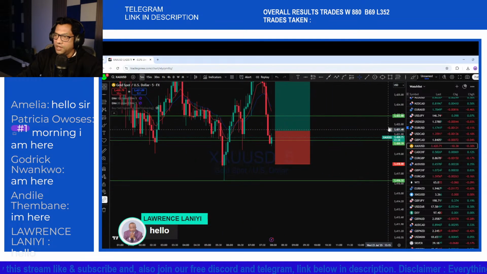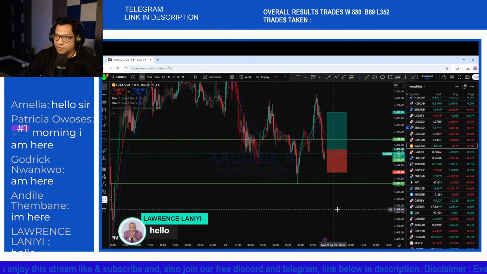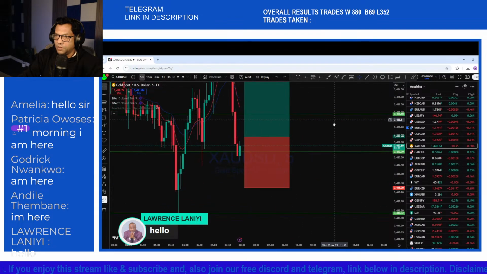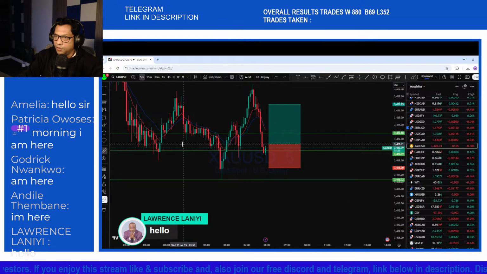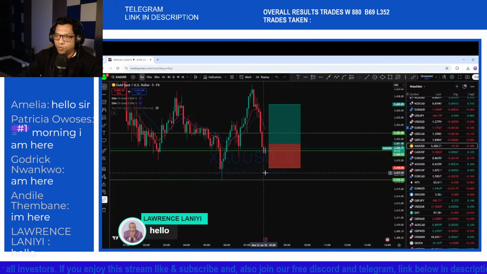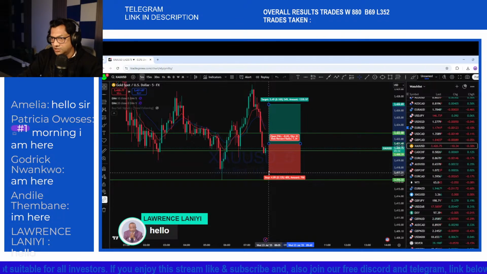Okay, so we may see this market, as you can see, a complete break of this support level, and if you look at how many pips of stop loss we placed here, it is 34 pips. If we try to extend this trade and the market drops after the 1-hour close, we might see